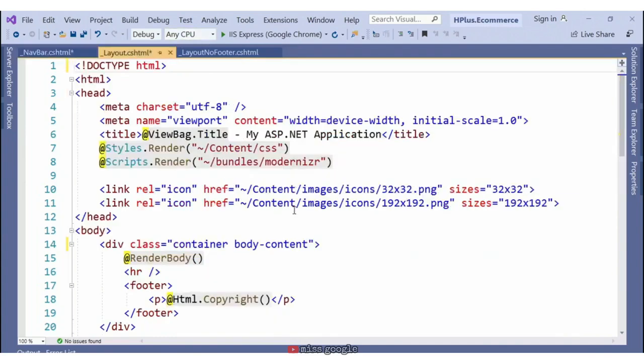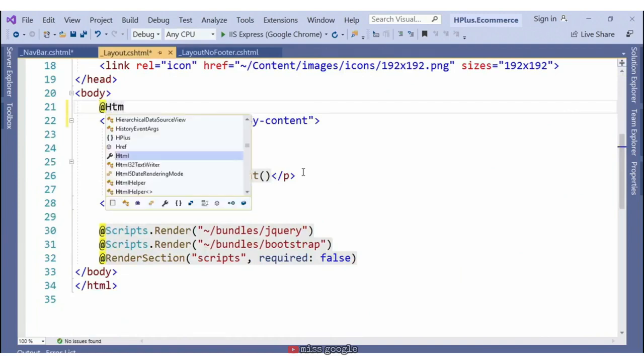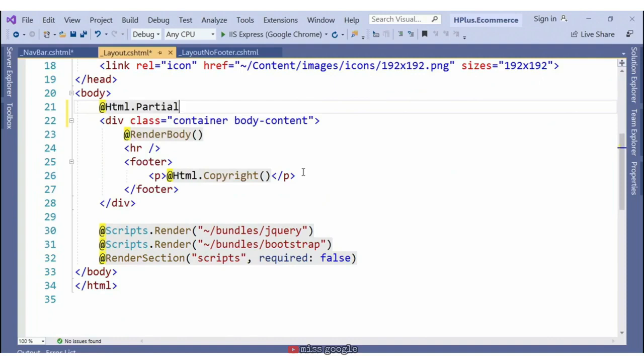Let's go back to the layout, and in the position where the navbar used to be, I will add an @Html.Partial. This tells MVC5 that we'd like to display a Razor partial view right here. As a parameter, we'll pass a path to the Razor view that we'd like to use, which is ~/Views/Shared/_Navbar.cshtml, which is the path to our partial view. Now MVC5 will render this partial view right here inline in the layout page where it used to be defined